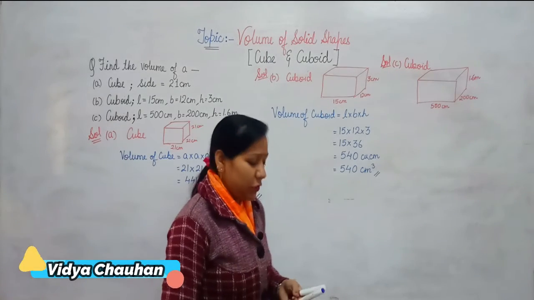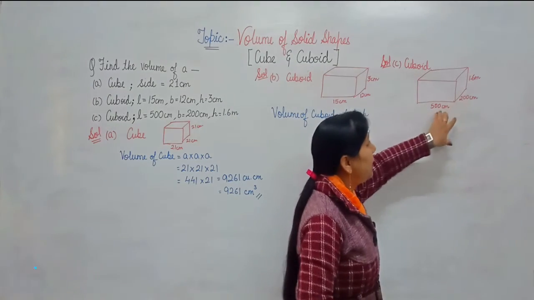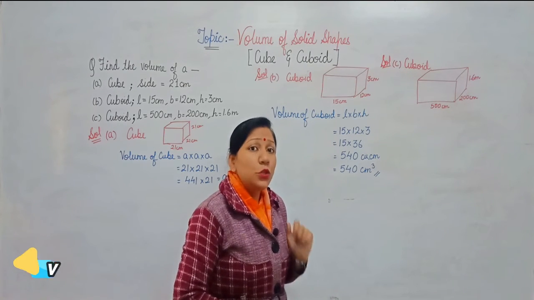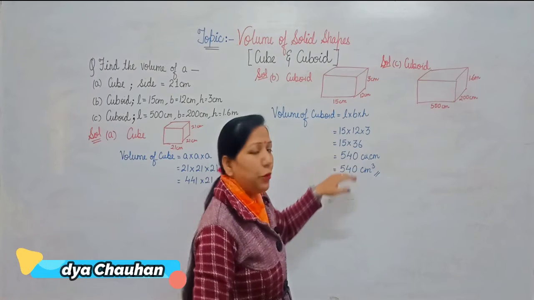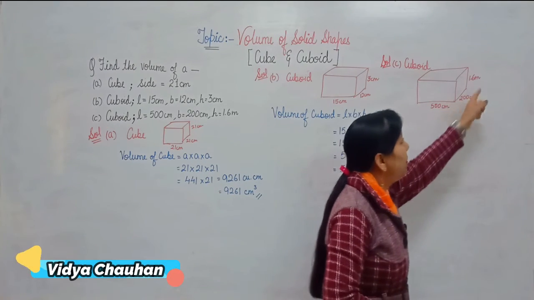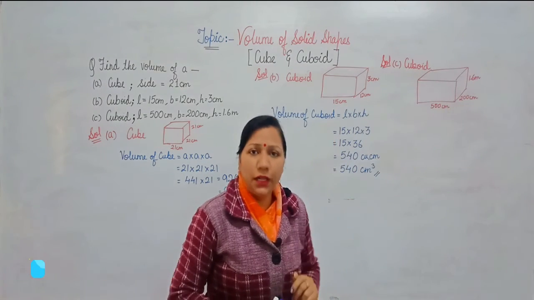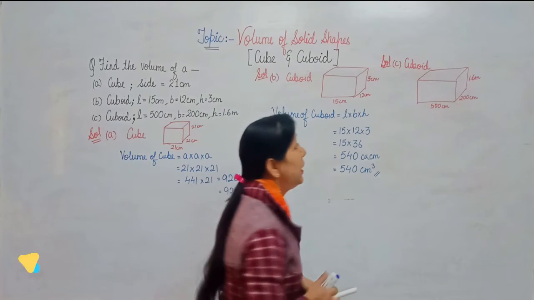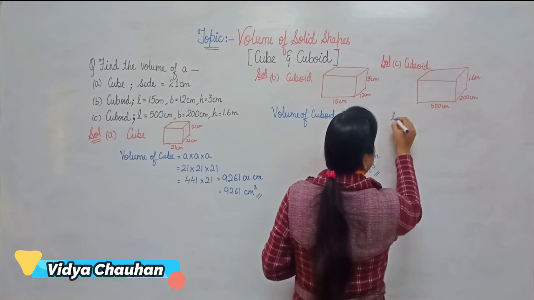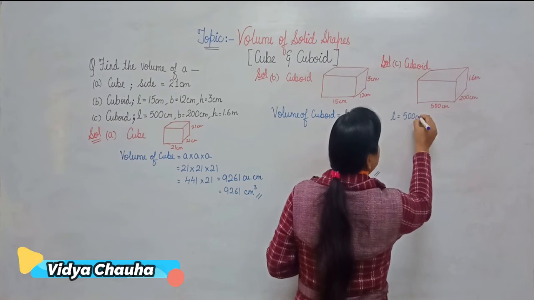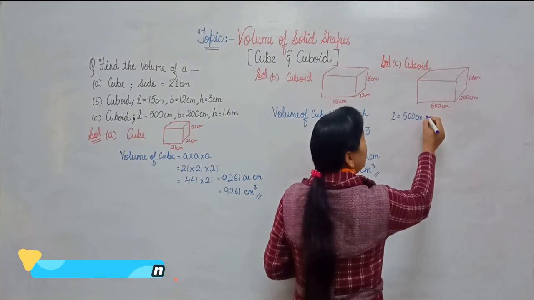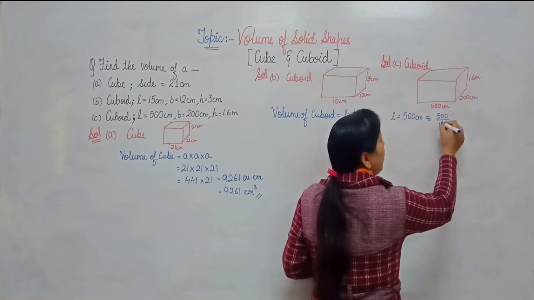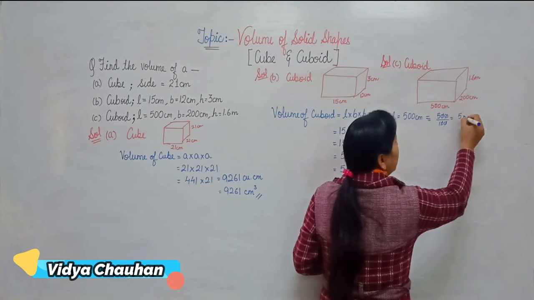So here students, as you can see very clearly that length and breadth are given in centimeter, whereas height is given in the terms of meter. So we cannot do directly the multiplication and put the formula, because the measurements, that means the dimensions, are given in different metric units. So very first task is to convert them into the same unit. Starting up with that, length is given to you as 500 centimeter. If I convert this into meters, I will be dividing by 100, because 100 centimeter makes 1 meter. So dividing by 100, you will get 5 meter.